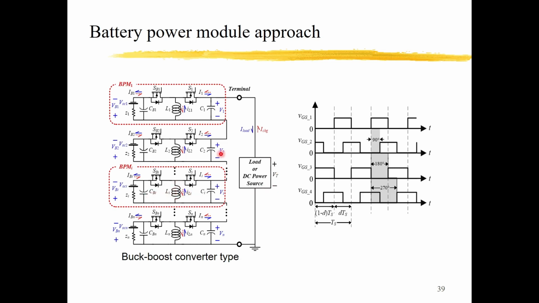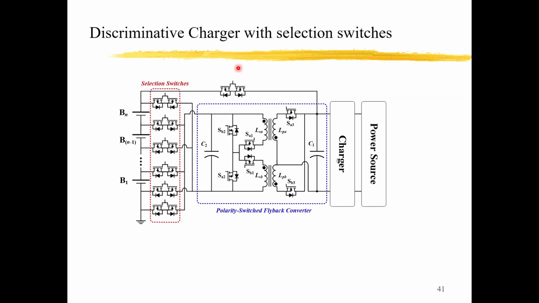And on the other hand, when we charge the battery pack, we just let the lower SOC batteries get more charge from the charger. Okay. All the functions can be achieved by the control of the bidirectional buck boost converters here. Okay, so this is an energy control method,